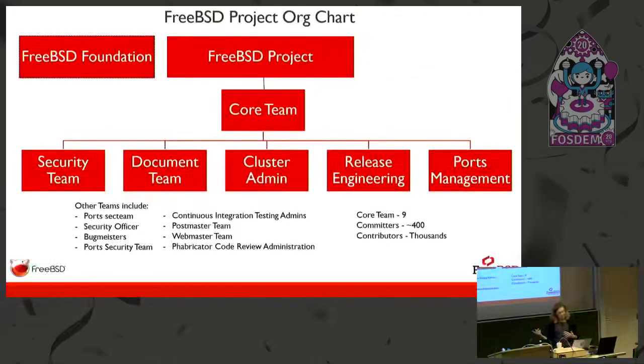So this is my version of an org chart for the project. So it's nothing official, and really I didn't have room for all the functional teams. But basically we have these functional teams, and it's a great way to organize how things are supported within the project, and it also allows people who are interested in different areas to get involved in those areas. So say for example, if you're interested in security and you have the background, then you can be part of the security team. We have release and ports, and so we have various different types of functional teams that make up the project.